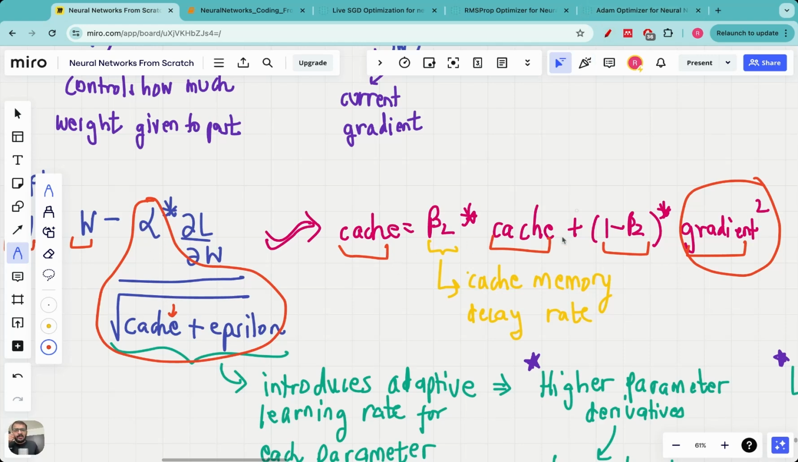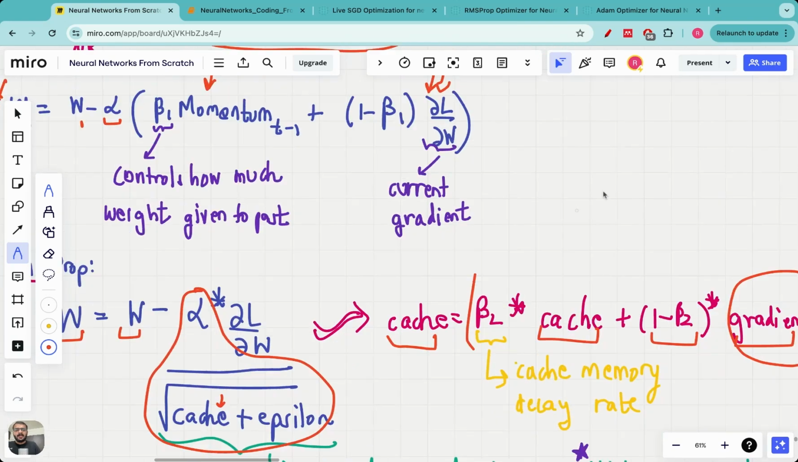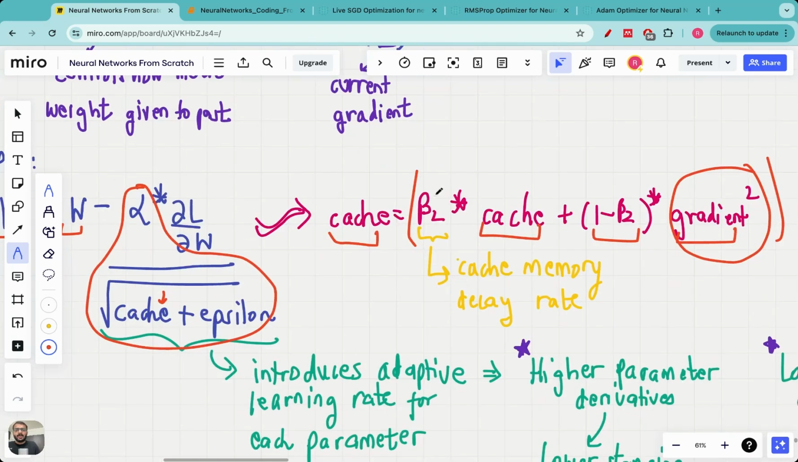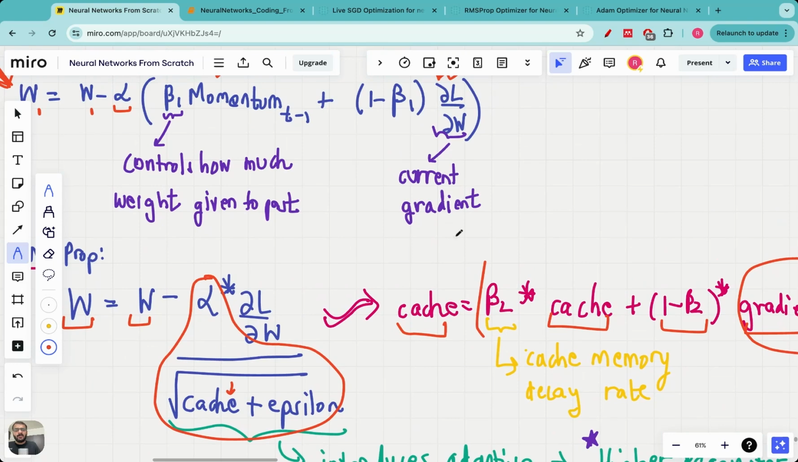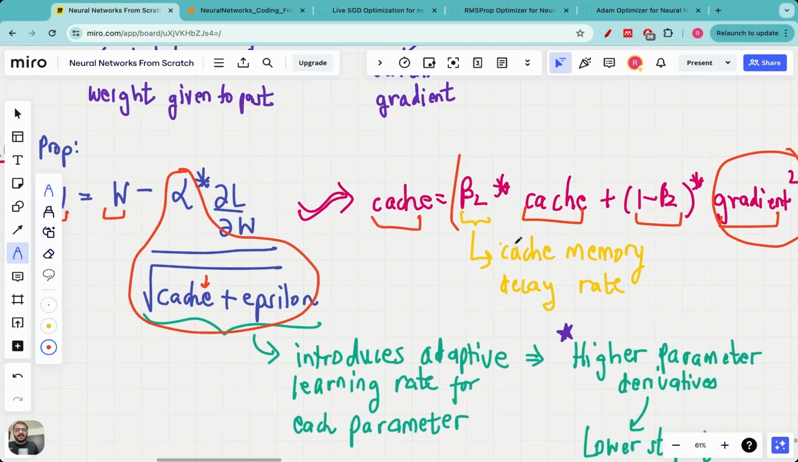Now, the way the cache value is calculated is that we definitely give importance to the past gradient square also. So we don't just keep on accumulating the current gradient, we give importance to the past gradient square also. So whenever something like this is introduced where beta is there and 1 minus beta is there, it means that we are giving importance to the past. And instead of gradient, here we have gradient square. And instead of the beta 1 parameter here, we have the beta 2 parameter here. This beta 2 parameter is called the cache memory decay rate, and it controls how much importance we